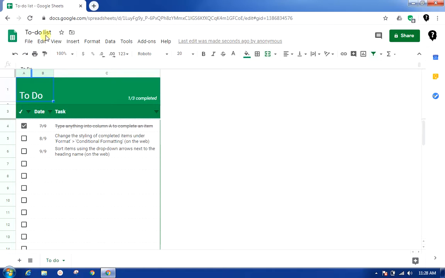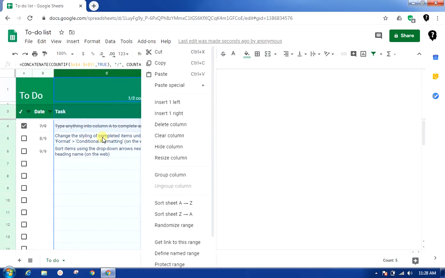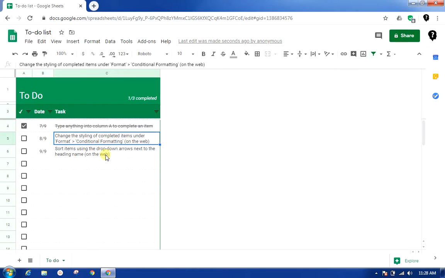For example, in the to-do list, what we might require is a header, a checkbox for whether you have completed that task, the date you need for that task, and the description of the task. Apart from that, if you want more, you can definitely add them in this sheet and start working on it, but half of your work has already been done here.